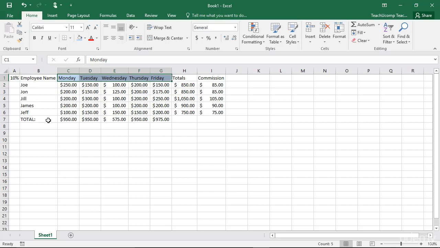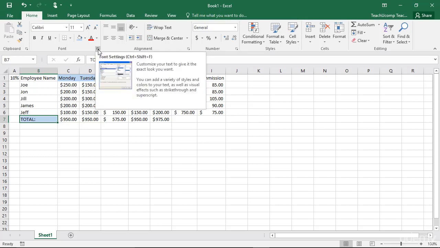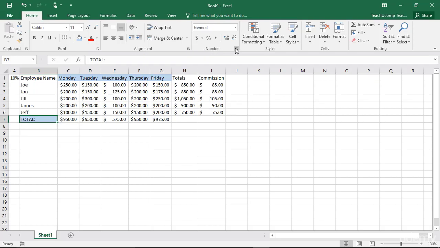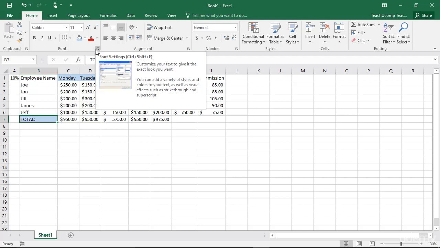In the future, all you need to do is click the Fill Color button directly to apply your previous color choice. Let's examine the buttons that you will find in each button group on the Home tab. As with the other groups in the ribbon, not every possible aspect of formatting is shown in the button groupings. For more advanced formatting of cells, you can click the small dialog box button in the lower right corner of either the Font, Alignment, or Number button groups to open the Format Cells dialog box where you will have all